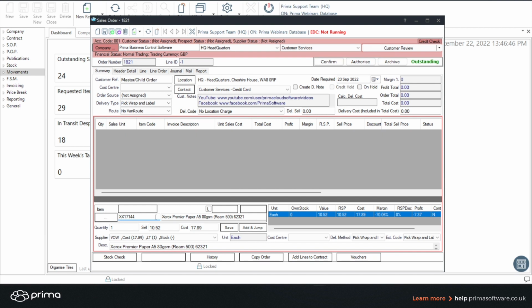What it does give you the ability though is when you go to purchase the goods, you can actually, even though the sales order has the master code on, in this case the single ream of paper, you can actually buy the box, in this case under the child code, from your requirements. And essentially what will happen, especially in this case, if we put one ream on the sales order and we buy the box,